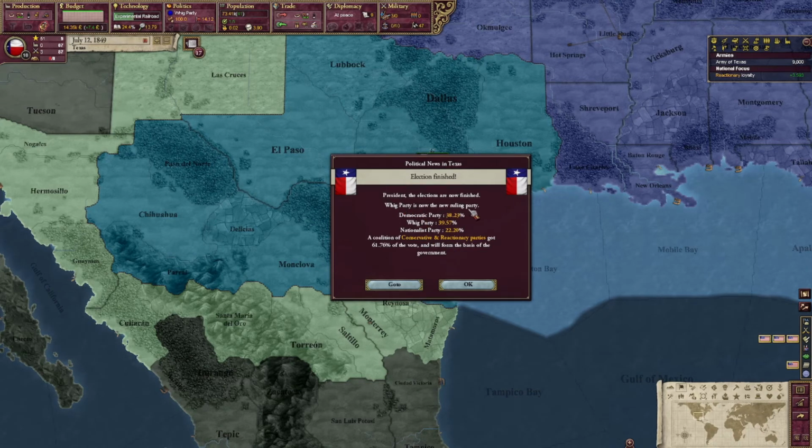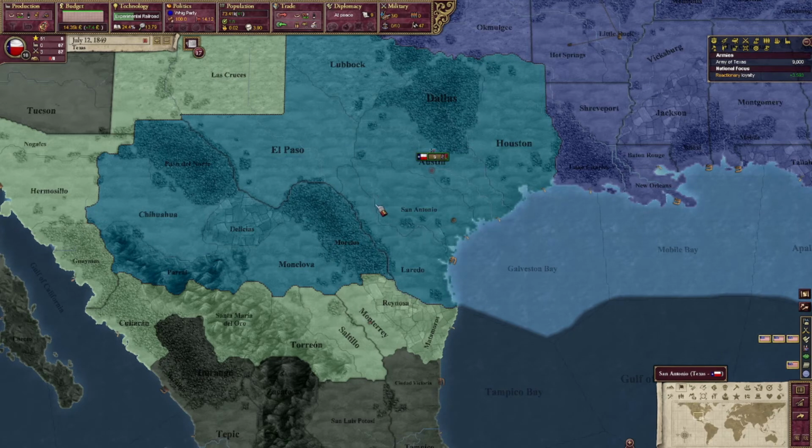Whig Party is now the new ruling party. That's not what I wanted. I wanted the Nationalists. That's unfortunate, because that's going to slow down... The Whigs are anti-military, so that's going to slow down my war justification process, and that is not good if we're getting this close to the American Civil War. All right,